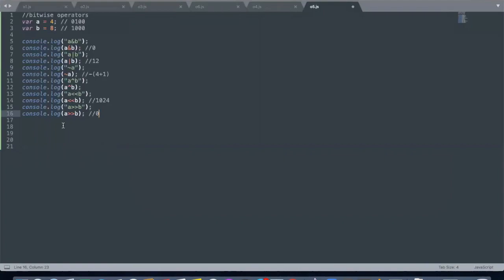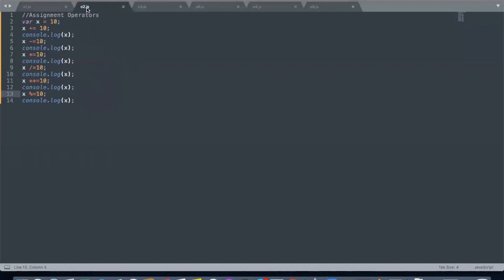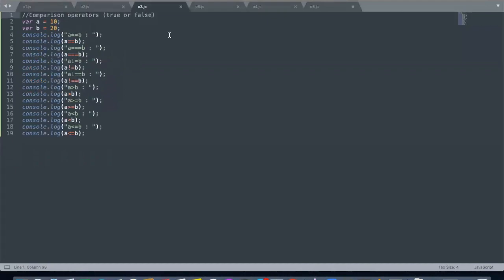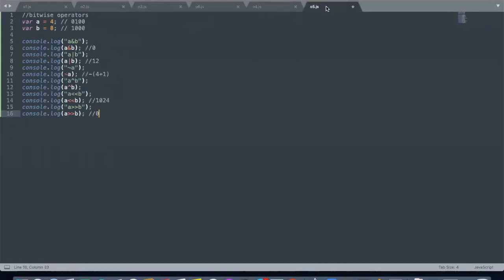I hope, guys, I made it very clear to all of you about the answers. Guys, if you have any doubt, you can just comment it down and I will help you out, right? So this was all about the operators. The very first was arithmetic. Then we learned about assignment. Then the third one is the comparison operator. The fourth one is the logical operator. The last is the bitwise operators. Guys, if you have some doubts on the bitwise operators, don't worry. Just practice yourself. You will come to know about this thing clearly, right?